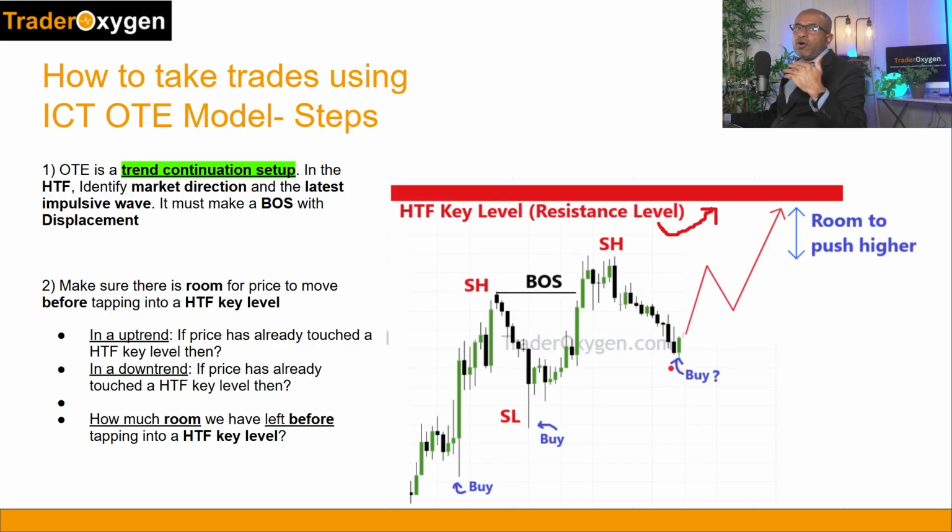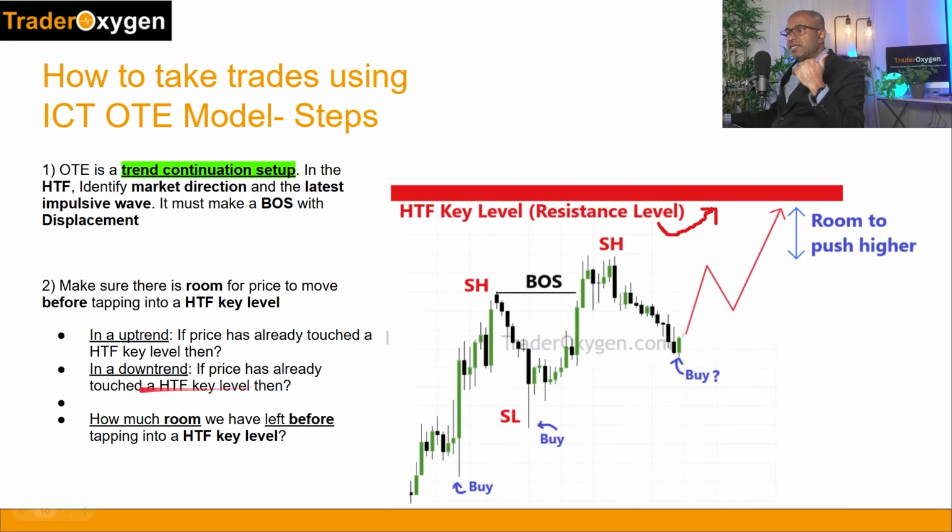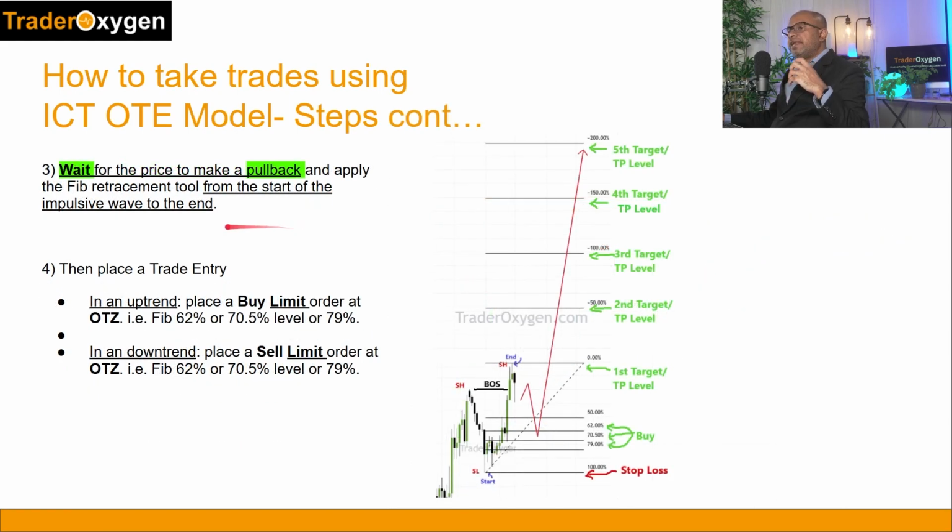Then it's the exact opposite of this when it comes to a sell entry, which means in a downtrend, if the price has already touched a higher time frame key level, which is a support level, then you will make a similar decision. Then step number 3 is, you will wait for the price to make a pullback, and then